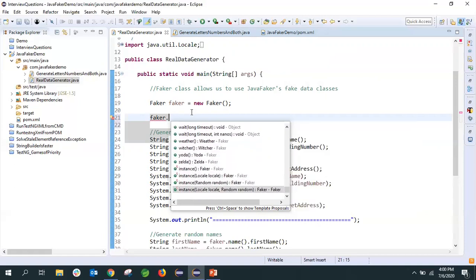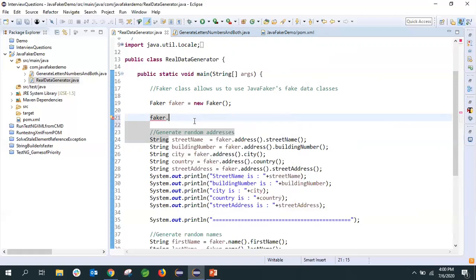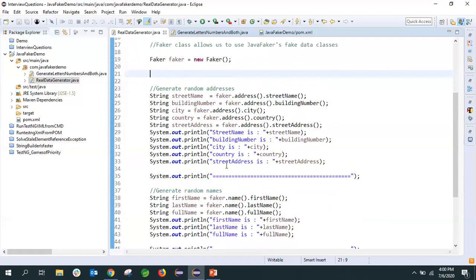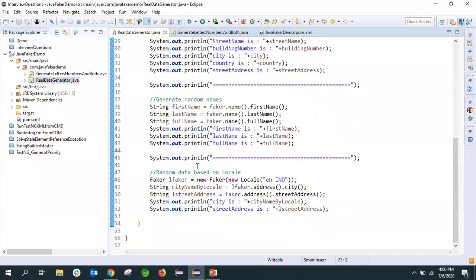All of this, whatever data is required, will be available in this API. Wherever you need data, replace your Java string functions with this API, and your data will look realistic, including the data that gets created in the database. If someone refers to it at some point, it should look realistic and not like some XYZ ABC 123 and so on.